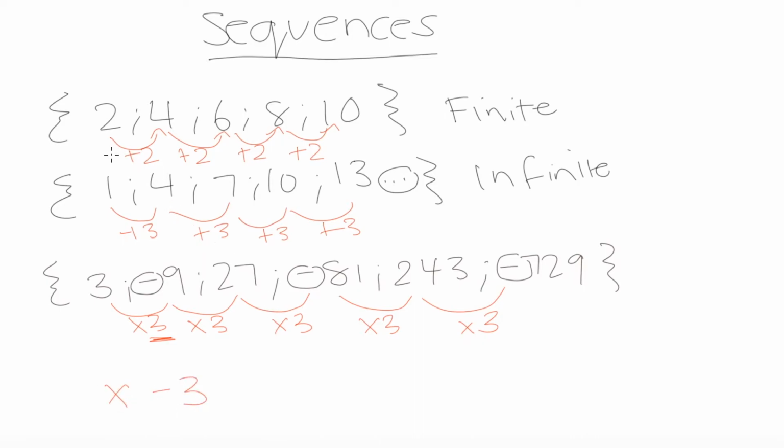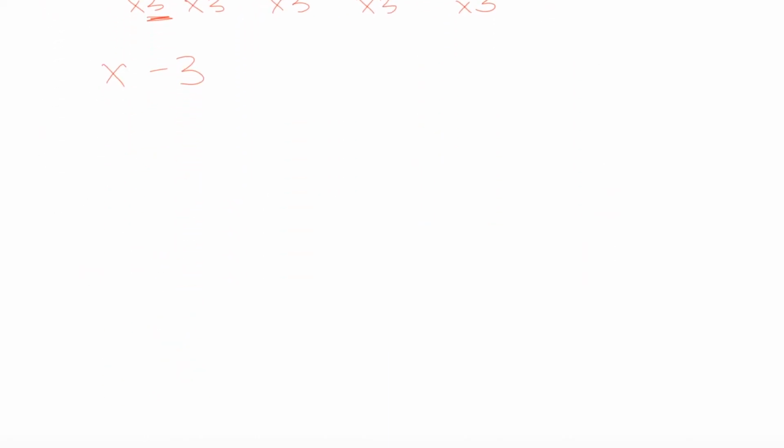So instead of just adding or subtracting numbers, here we actually have a common factor. We're multiplying each of our terms by -3 to get to the next term. Now there's one more thing I want to go over, and that is just some terminology when we're talking about sequences. So let's say we had the following sequence: 1, 4, 7,